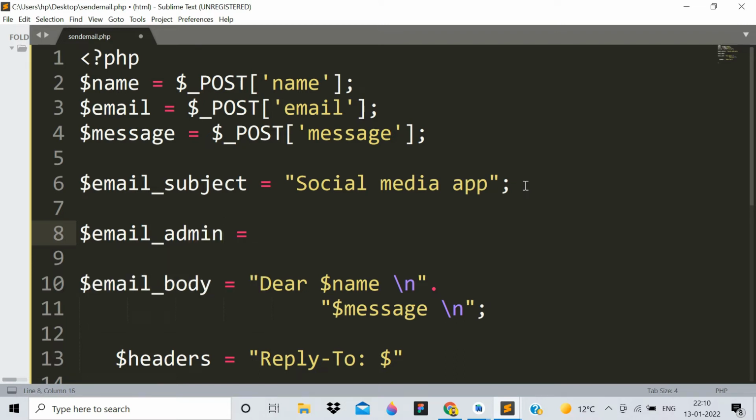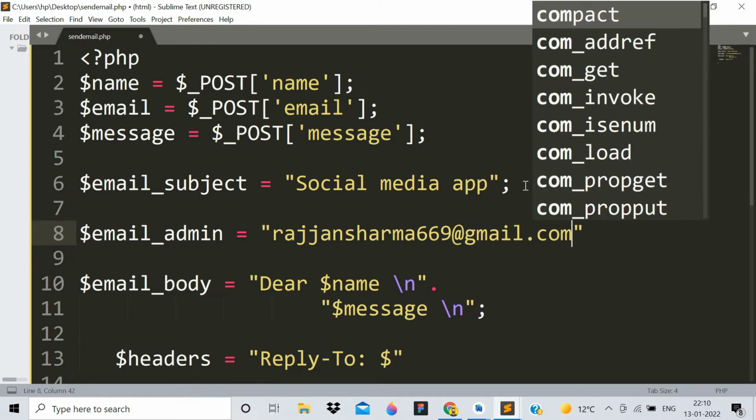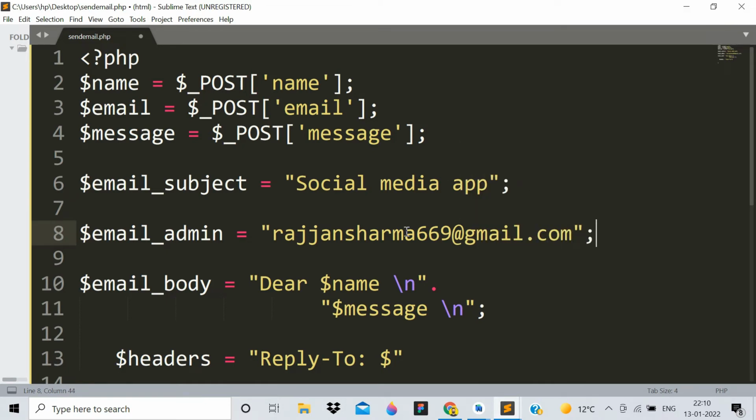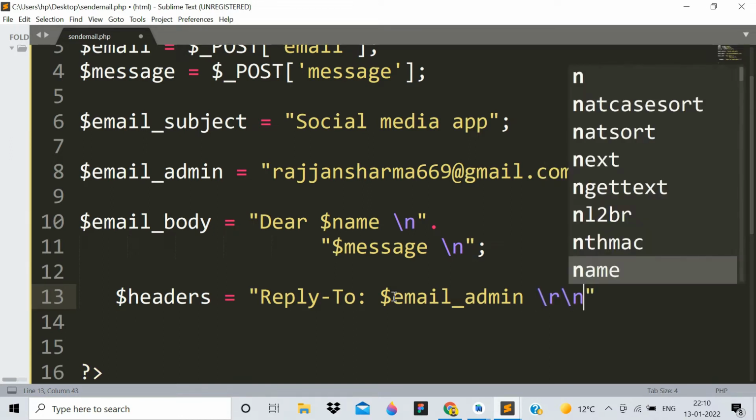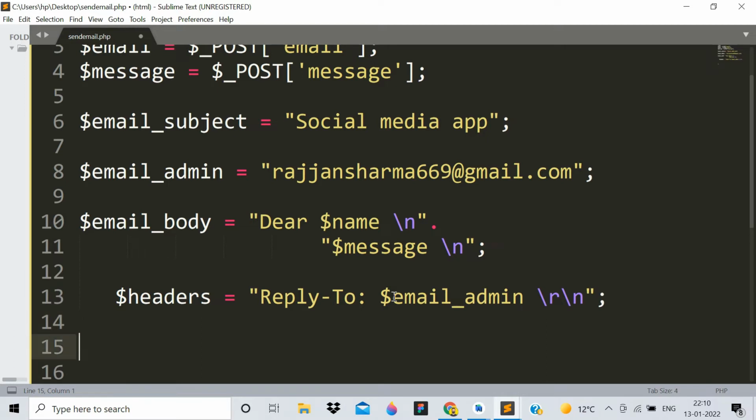So for that, here I would like to give the value that my email is Rajan Sharma 669 at gmail.com, semicolon, Rajan Sharma 669 at gmail.com. So guys, you just have to create an admin email for admin so they can reply. Okay, so here you have to pass that email admin, and then again backslash r backslash n, and then semicolon. Okay, so now we have